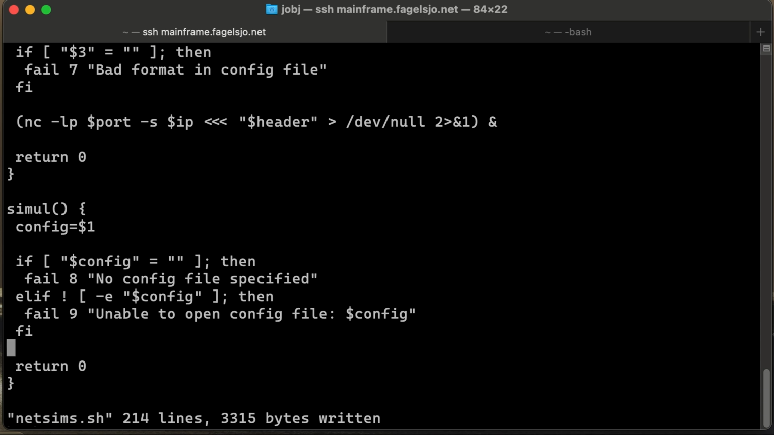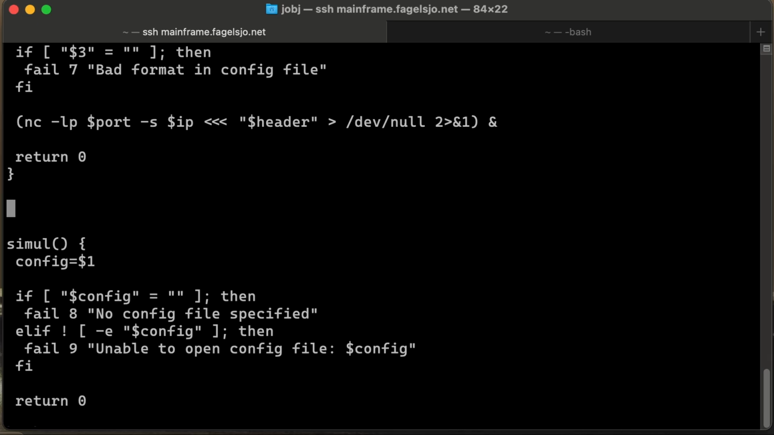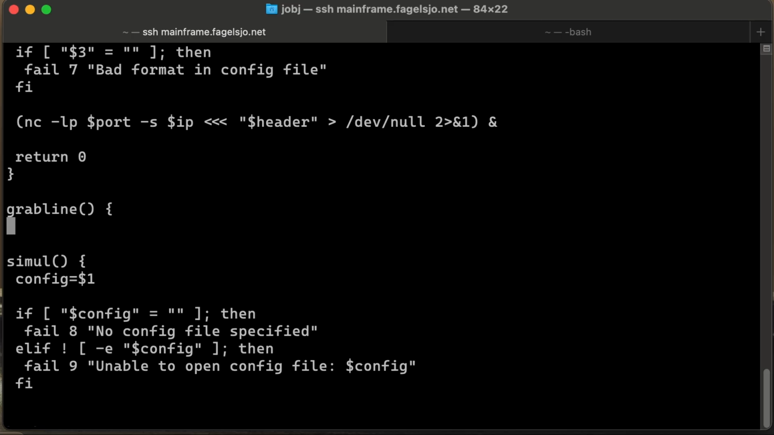Alright, so we need a function to grab a random line from the config file as well. So let's call this grab line. And in order to grab the line, we need to parse a file and figure out how many lines there is in this file. So let's start there. In order to do that, we need a variable. So let's call this lines, and we are going to cat the config file,